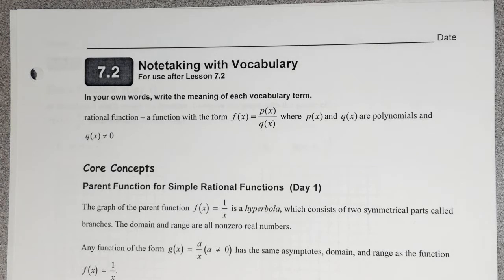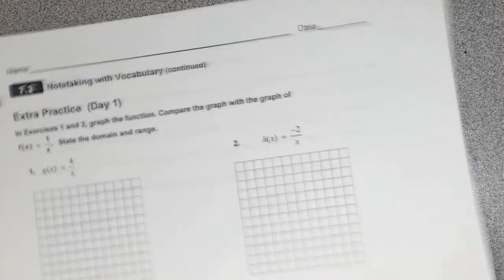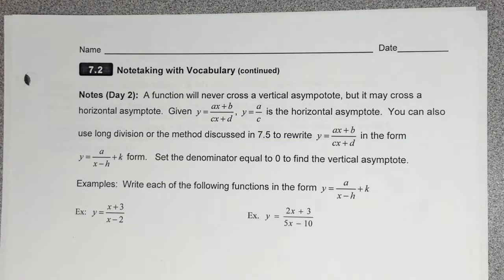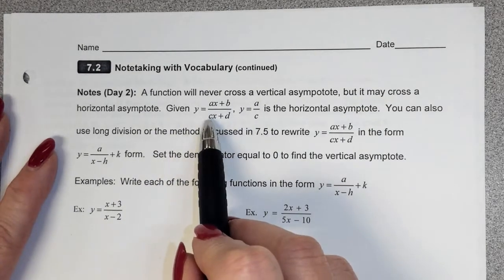Alright, so we're looking at the second part of section 7.2. This is a little bit different than what's in the student journal, kind of close though. You're going to scroll down to the third page where it starts with day 2, right here. And we want to go over some notes here about functions that are in a different form than what we're